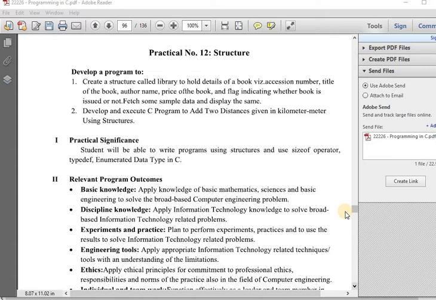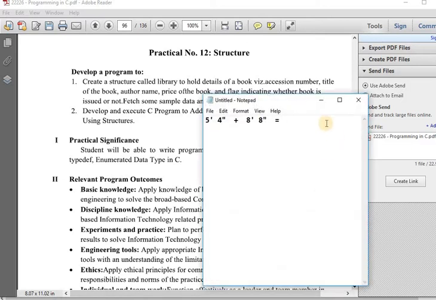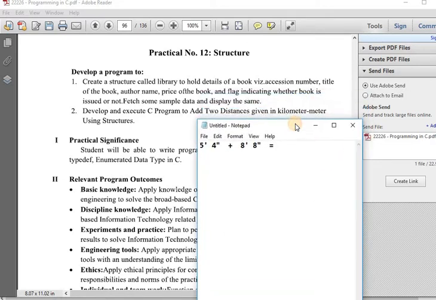Before going to start this, we will first see what to do in this program. Here I have taken two distances in feet and inch. The first is 5 feet 4 inch and the second is 8 feet and 8 inches. For this purpose we should declare a structure called distance, and declare two variables of it. In the first variable we will take the first value,